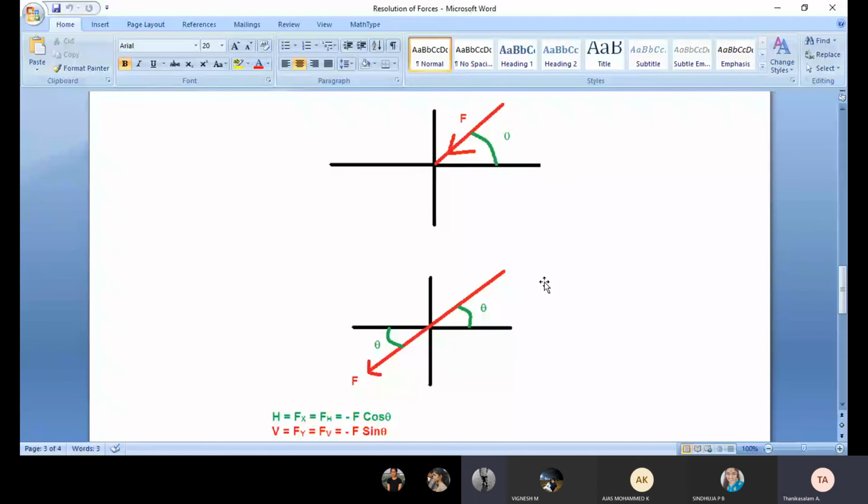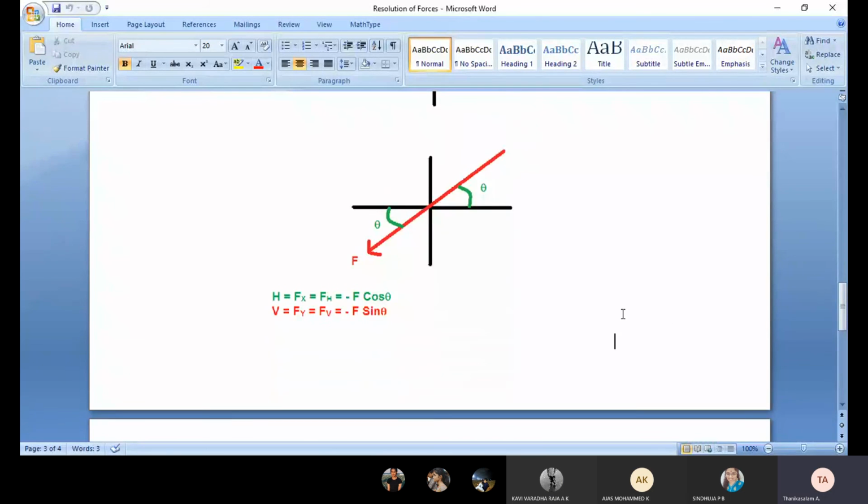Sir, that slope is there, no, sir. It is moving from the first quadrant to the third quadrant, sir. Yeah, understood. Very good. Excellent, excellent. So don't think this force is lying in the first quadrant, because the arrow mark goes to the third quadrant. You have to convert it. How do you convert it? Here in the first quadrant, theta is with respect to the x-axis. While converting and projecting, theta must always stay with the x-axis. Yes, sir. That's all, sir.